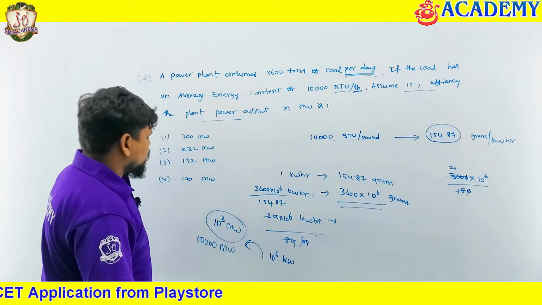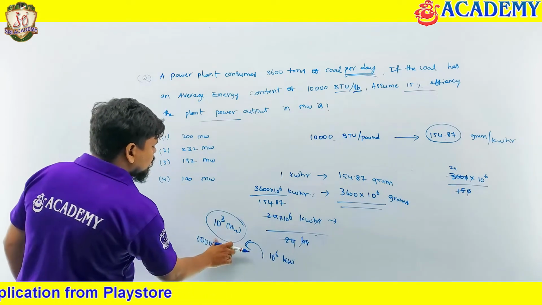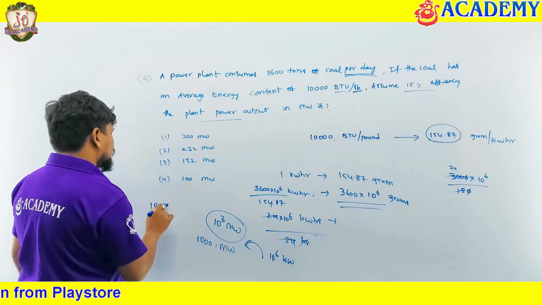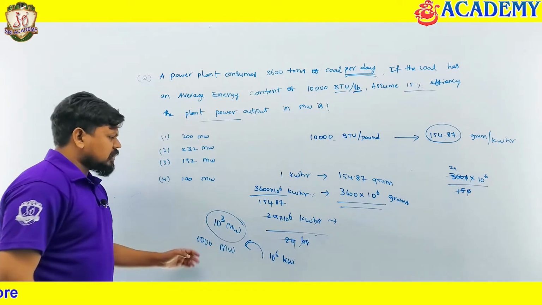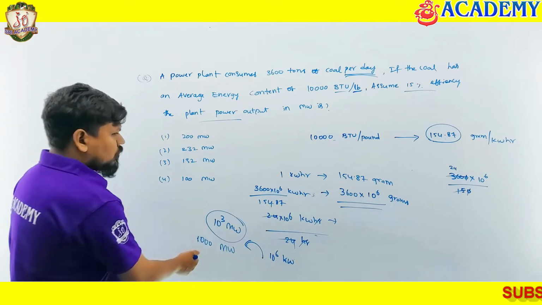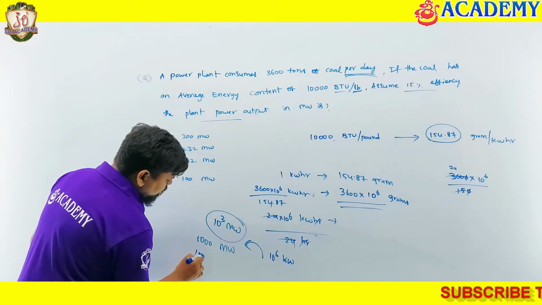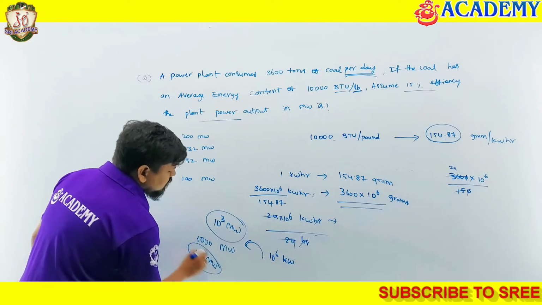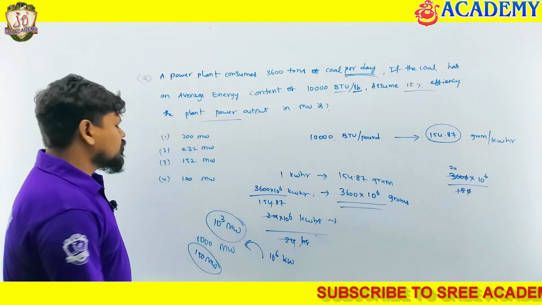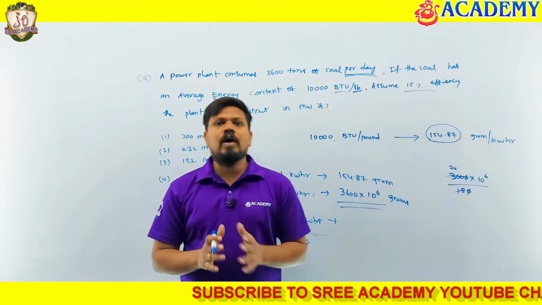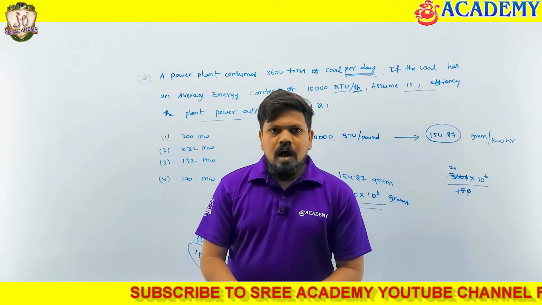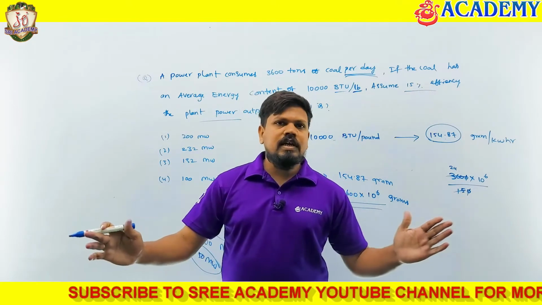In terms of megawatt, 10 cube means what? 10 into 10 into 10, so it is 1000 only. So 1000 megawatt you will get generally, but 15% means what is the 15% of this one? 150 megawatt. So this is the output for this power plant. So every time 150 megawatt of power is generating, and if you take it for the complete day, it will be